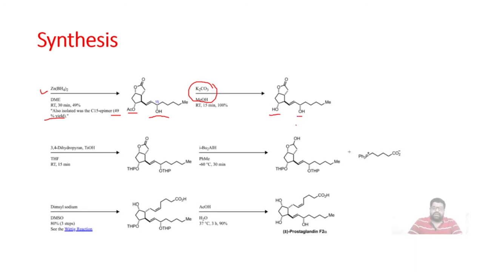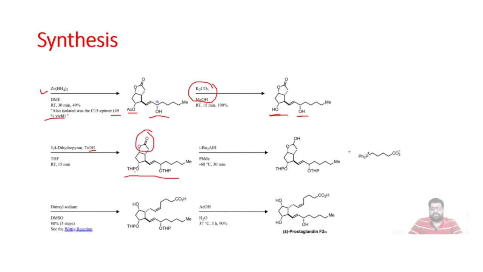Now let's go for another reaction. But before that, we need to protect these two OH groups. So for the protection of these two OH groups, E.J. Corey and co-workers used the DHP reagent, that is 3,4-dihydropyran in presence of paratoluene sulfonic acid. So this is a THP protection of these two OH groups. So both the OH groups are protected, and now the turn is of this